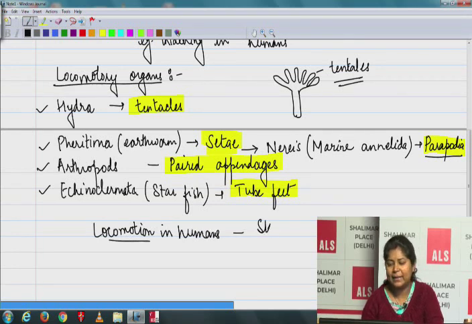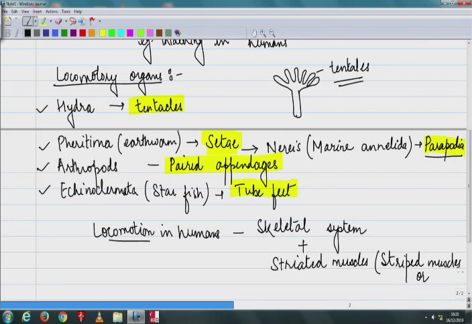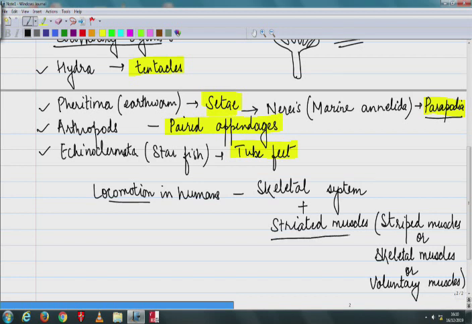We have the skeletal system plus the striated muscles. The striated muscles are also called striped muscles. Since they are attached to the skeletal system, they are also called skeletal muscles or voluntary muscles. So these striated muscles attach themselves to the bones